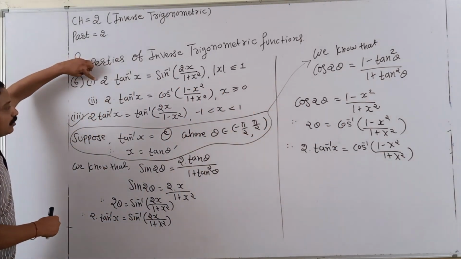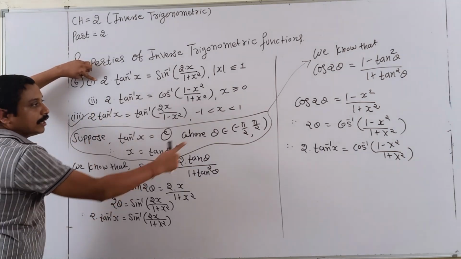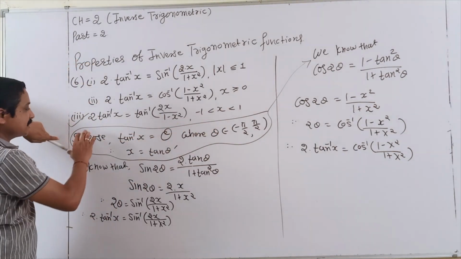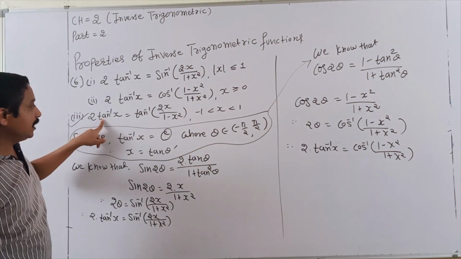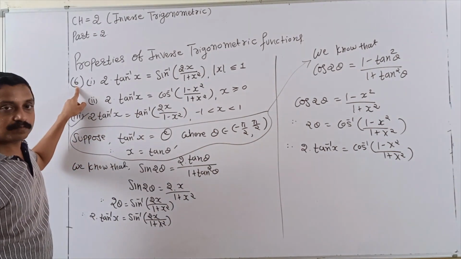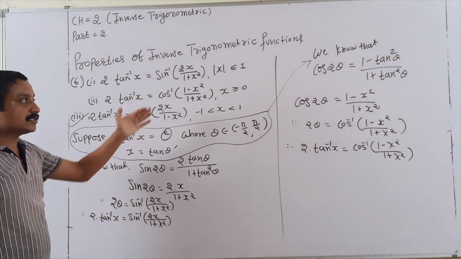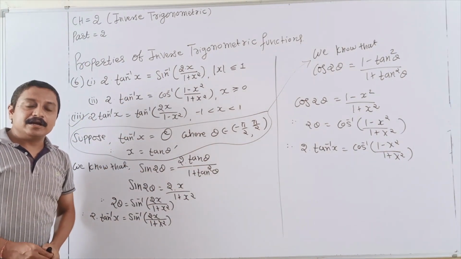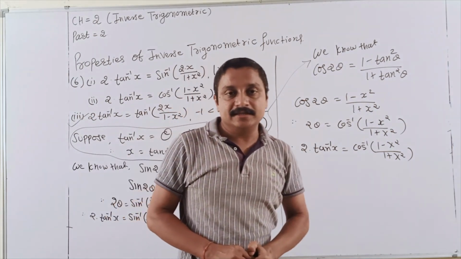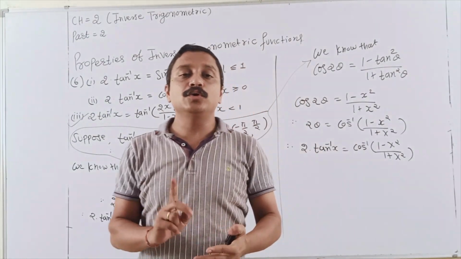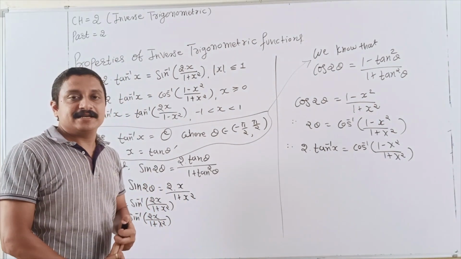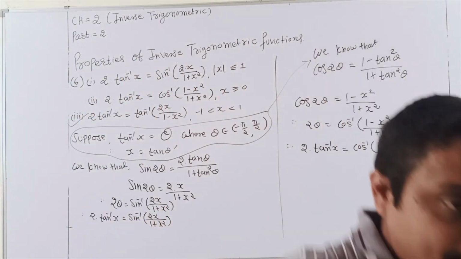Students, this property number 1 and property number 2 are combined here, only the assumption is the same: tan inverse x is equal to theta. And the third I already explained in the fifth case. That's why your sixth property is also done. Now students, I go to numericals related to all our properties, property 1 to all 6. Yes. Now I start numericals.